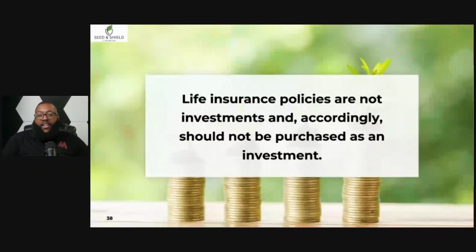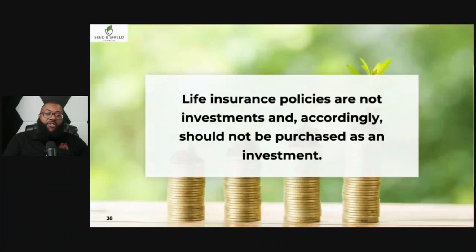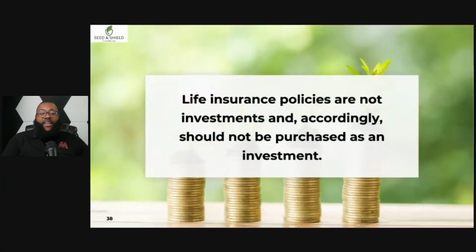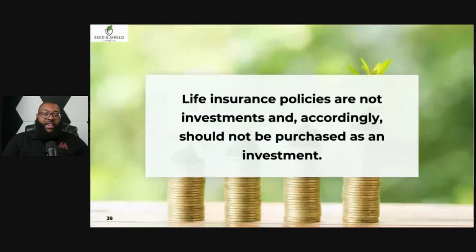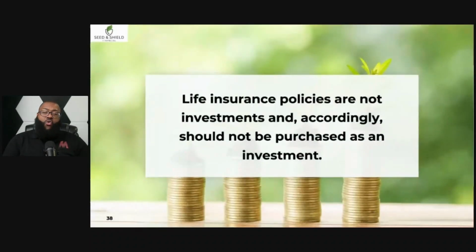The greatest thing about a life insurance policy, which helps it currently be tax-free, and 99.9% that it will be tax-free, is that life insurance policies are not investments. The moment you start designating something as an investment, that's the moment that the IRS will come knocking for tax revenue. We do not want life insurance to be called an investment. Okay. So it is not an investment. So if you reach out to me and say, hey, I want to invest in the IUL, I'm going to tell you it is not an investment.